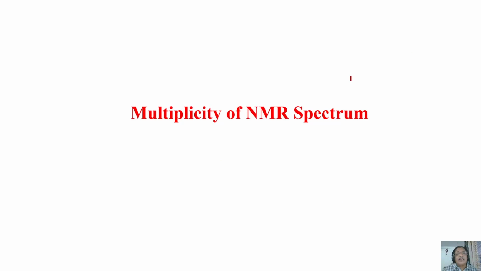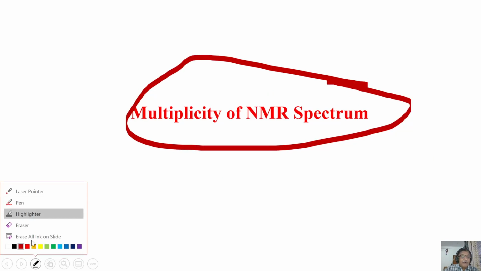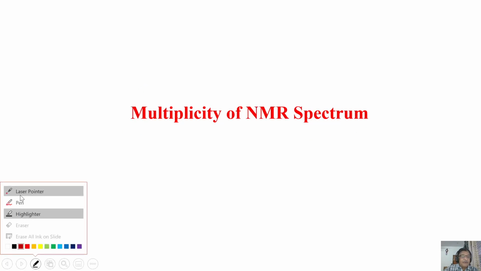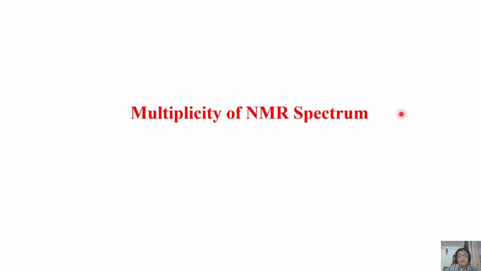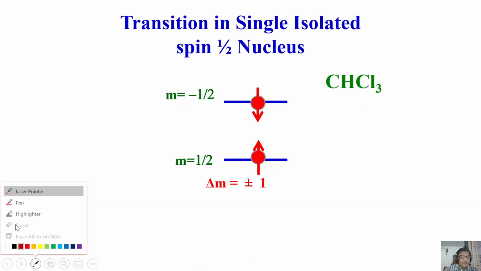It depends upon how strongly they are coupled, how weakly they are coupled, and what the multiplicity will be. Whether it is a 4 peak, 10 peak, or 12 peak pattern, what is the pattern? We do not know. We have to understand that. As a consequence, I'll introduce something called the multiplicity of the spin system. Please remember this. What is the multiplicity of the spin system?